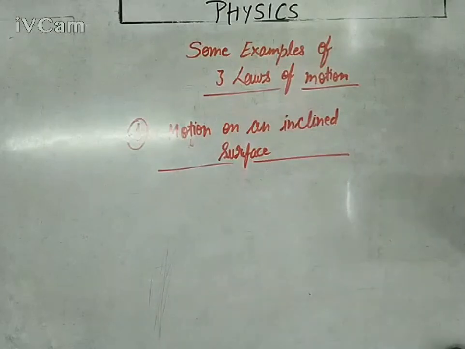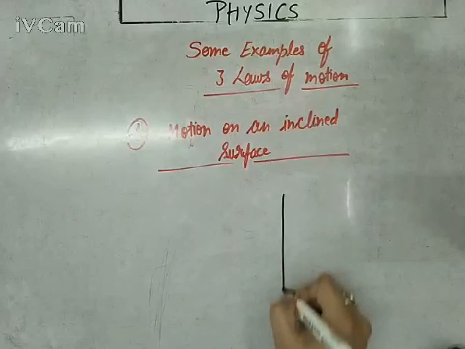First thing, whenever we study the total number of forces acting on a body and represent them, that representation is simply called a free body diagram. It means a diagram in which you are representing all possible effective forces which are acting on the body.